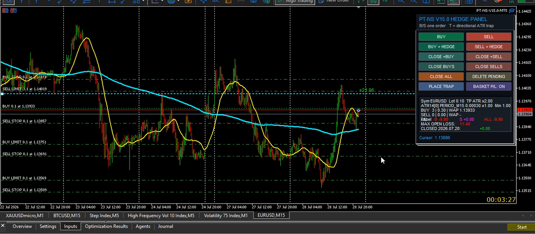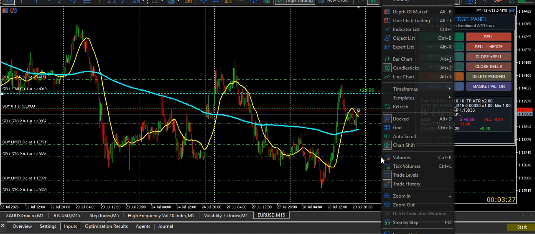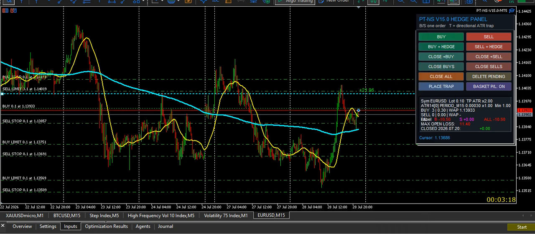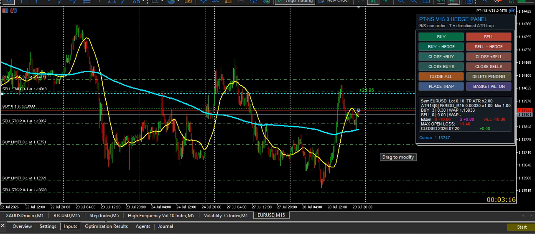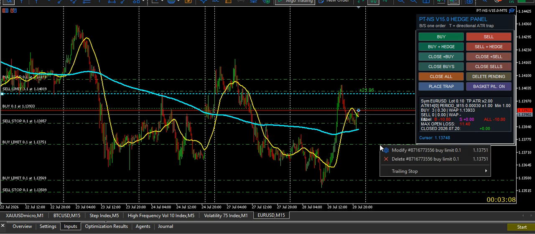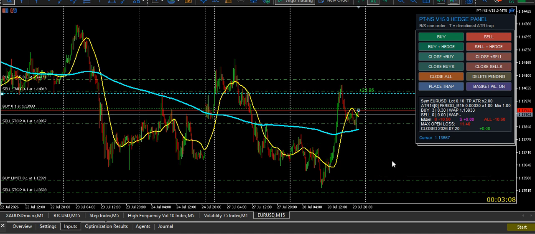Now I've just done it with normal keys. I want to take this one out. I don't want it there. So I'm just going to hover on them and then I'm going to go cancel, delete the sell stop. I want to delete the sell stop. I don't want to delete them all now. But it's actually so easy to place them, which is fine. So now that's it.